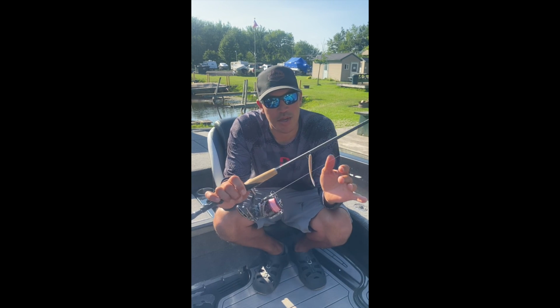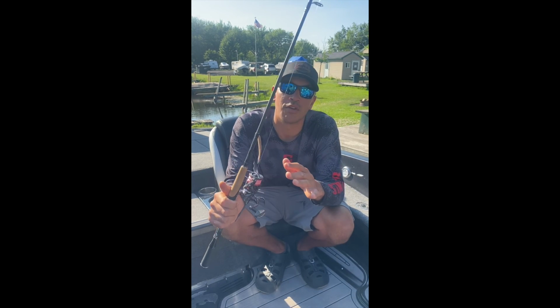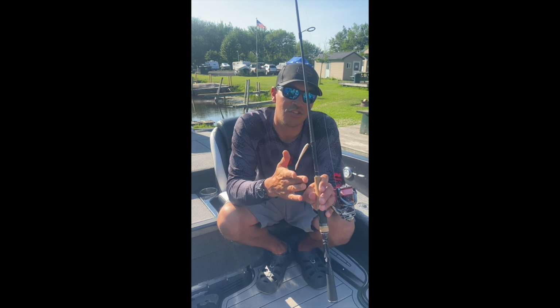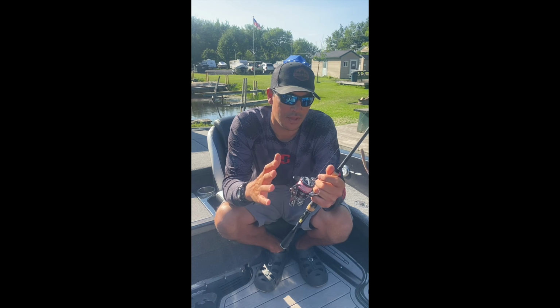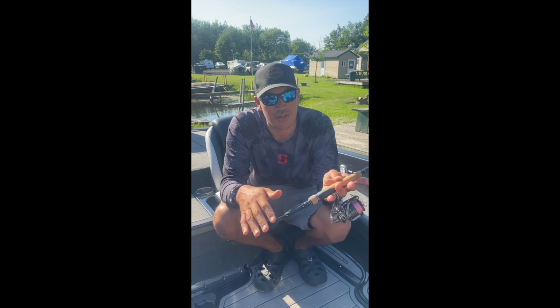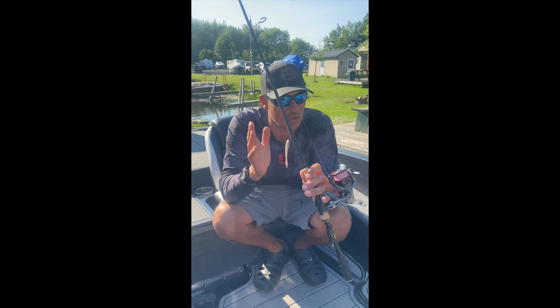Throwing this on the X Pride B as well. This is a 7.2 medium light. I am super in love with this rod. If you guys are drop shotting or doing any kind of finesse techniques, I highly suggest this X Pride B 7.2 medium light. I am just in love with it. I've never actually thrown a drop shot on this before this year on this X Pride series. I've always thrown it on a G Loomis NRX, but man, I am a huge fan of this, and I'll